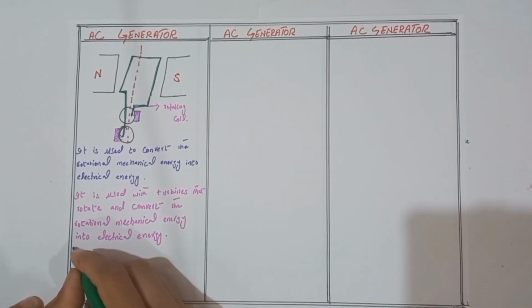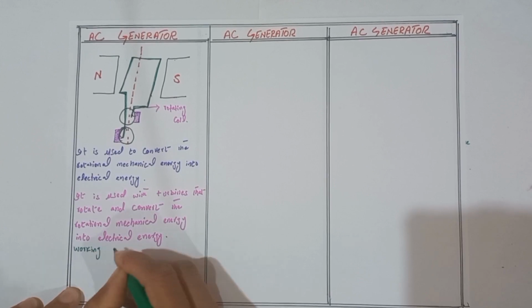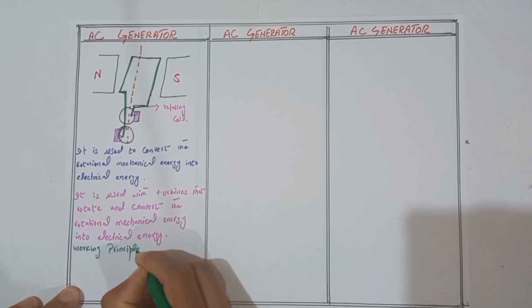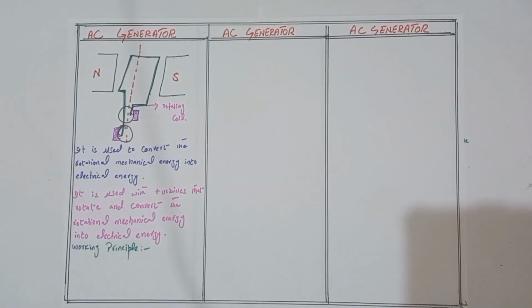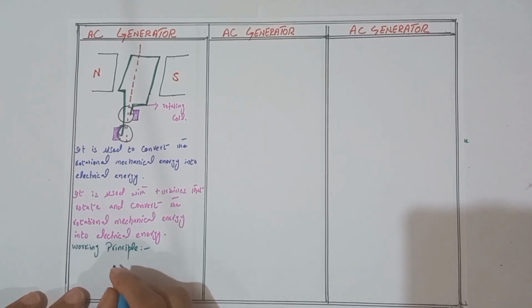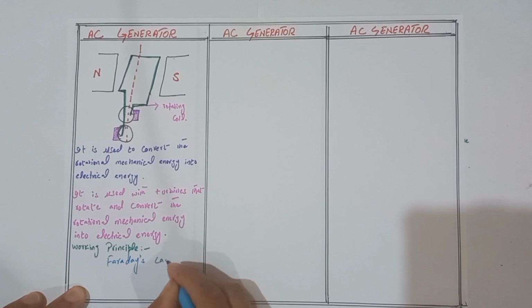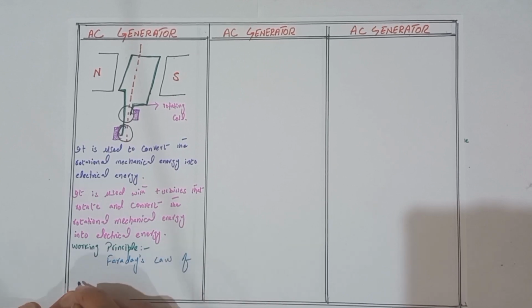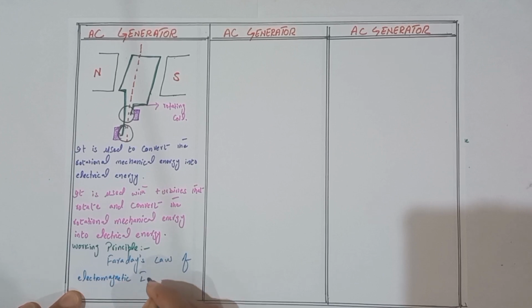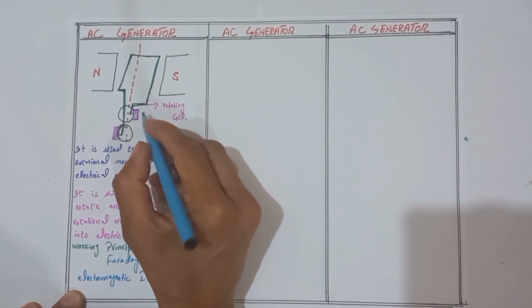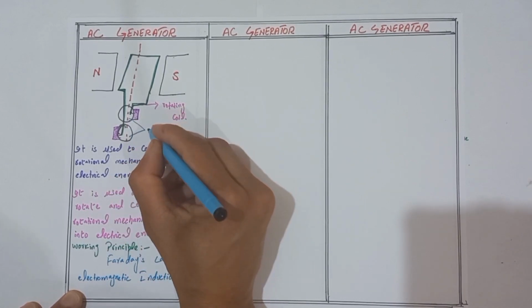If we discuss the working principle, the working principle is Faraday's law of electromagnetic induction. If we discuss the components of the AC generator, it consists of two slip rings